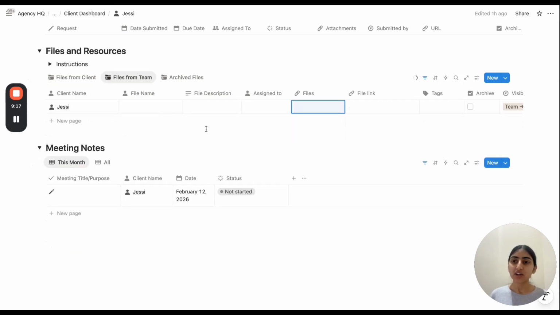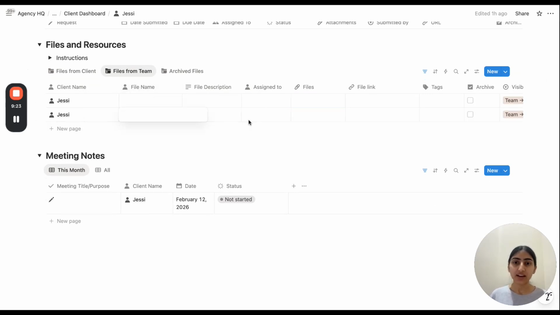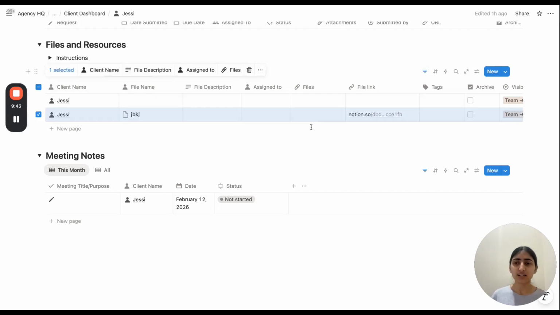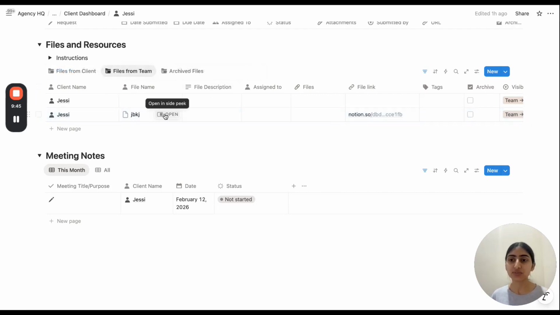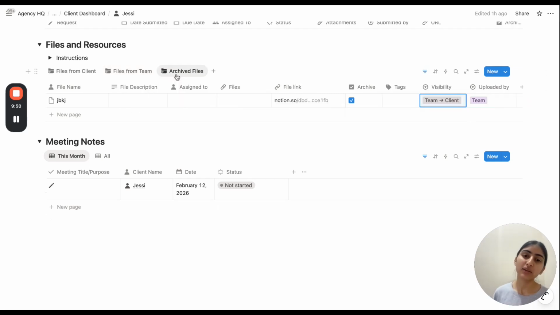At the same place, your team can add any files for the client. You will click on a new page and paste any link here, the file link, any tag, the file name, anything. And this is how your team would give the file. Let's say you don't use this file anymore. Simply click on this archive button and the file will move to the archive or deleted section.